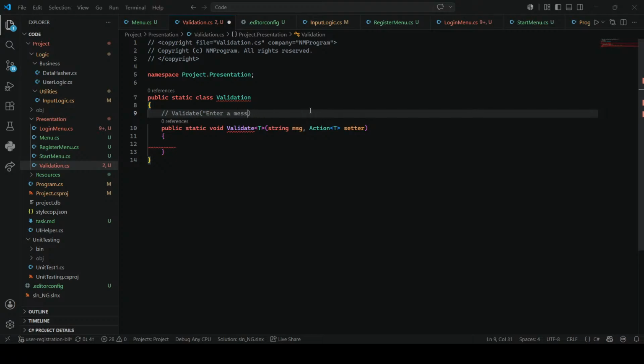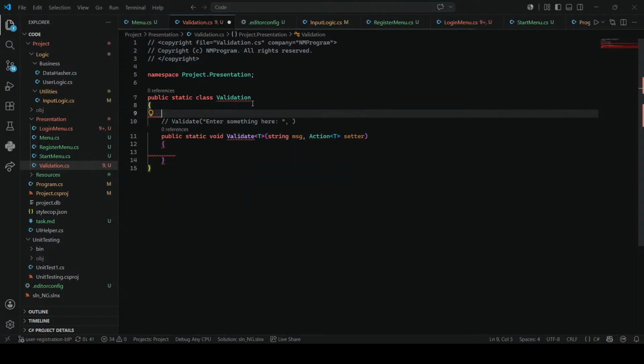And for the setter, say you have a person object, right? Person equals new, John, age 19 or something. Like you have this. What you can say is